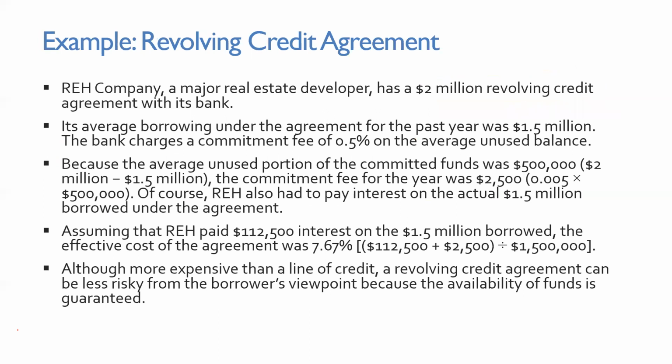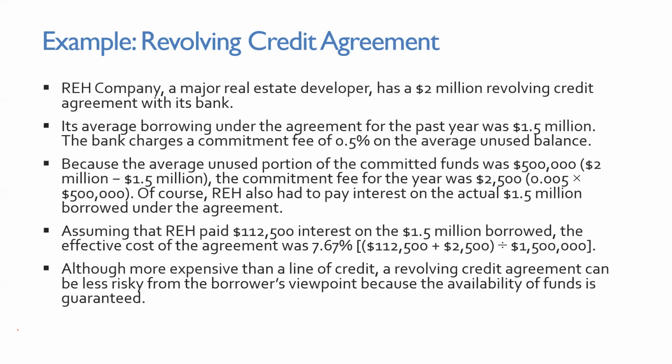Example, the company has a 2 million revolving credit. Its average borrowing under the agreement for the past year was 1.5 million. The bank charges a commitment fee of 0.5% of the average unused balance. Because the average unused portion of the committed funds was 500,000, which is 2 million minus 1.5 million, yun yung portion na applicable yung